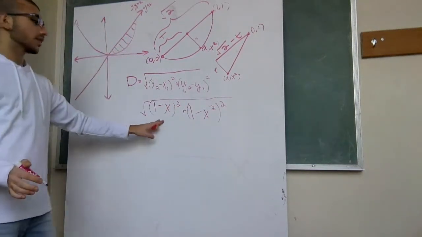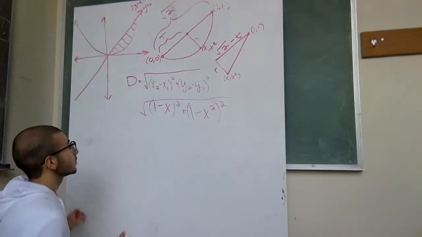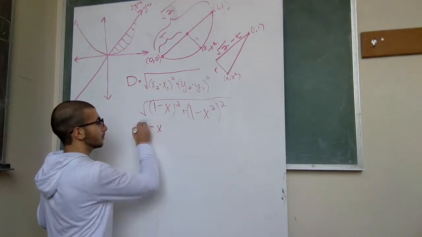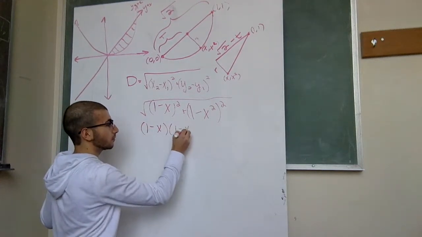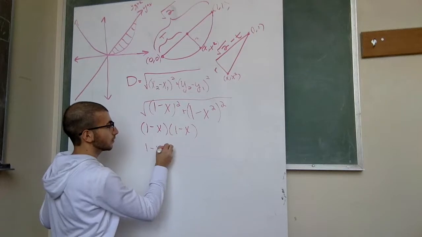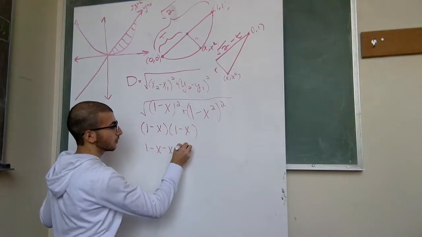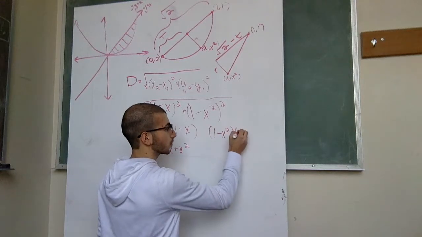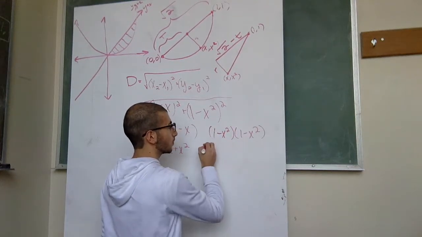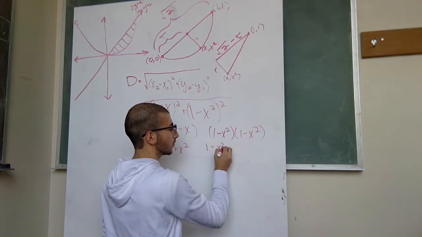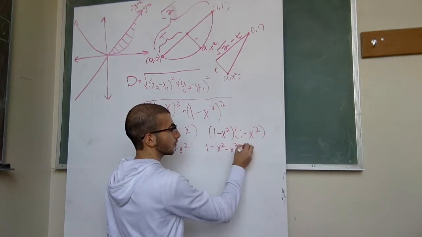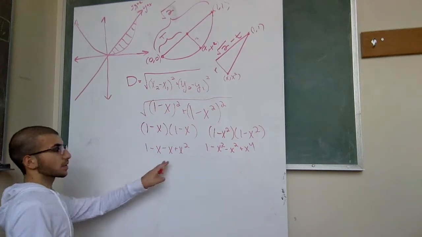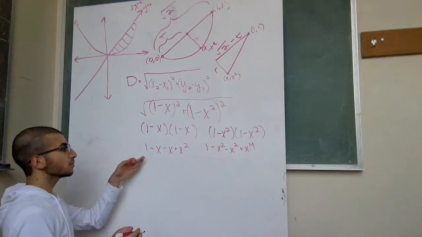So now we're going to have to factor out these. So if I do it, so that's what's going to happen when you factor them out, and then if we simplify them,